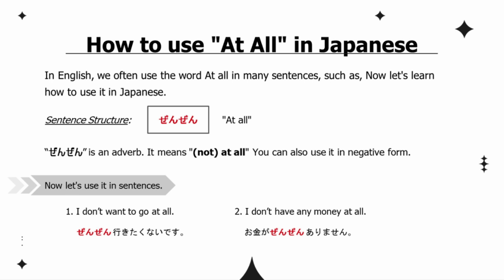Formation, zenzen, means at all. Normally, we use it with verb negative form. Now let's use it in sentences. I don't want to go at all. 全然行きたくないです。I don't have any money at all. お金が全然ありません。